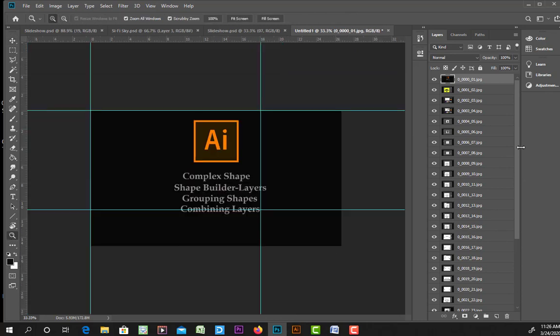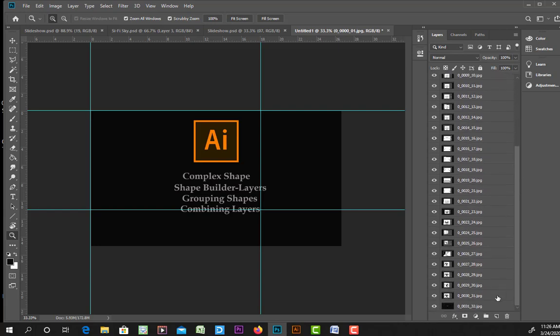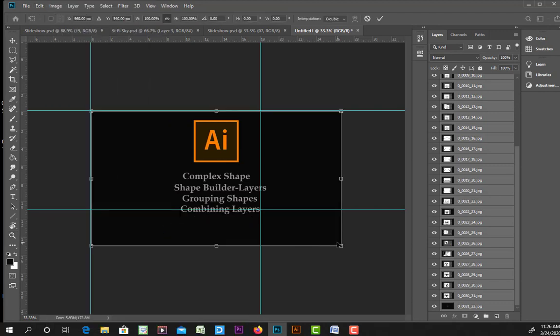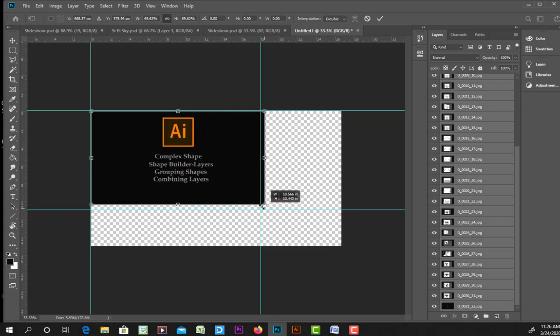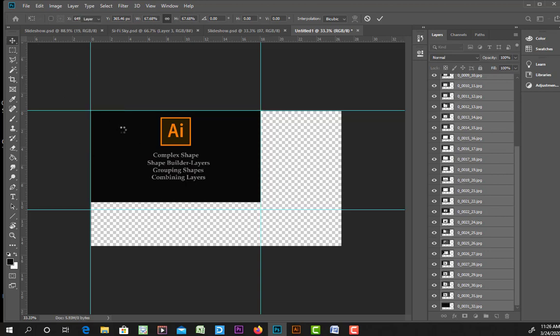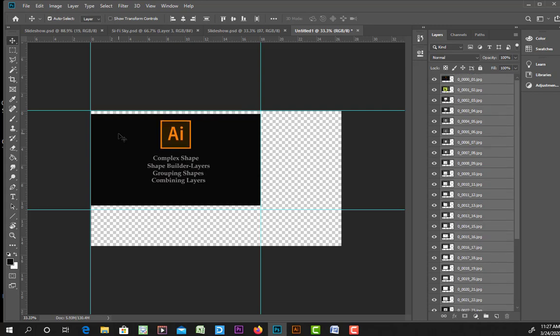And what I can do is take the entire stack, top to bottom. I hold Shift and select them all. Then I can go up here to Edit, Transform, Scale, and I can bring them all down in one fell swoop. The nice thing about working in Photoshop now is that you don't have to hold down the Shift key to constrain them, which I can't quite understand why Photoshop decided to do that for Photoshop, but not for any of the other apps. And I'm going to move it down so that I have a proportional amount of space top